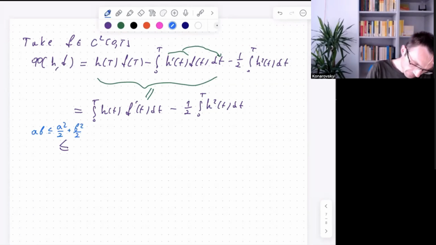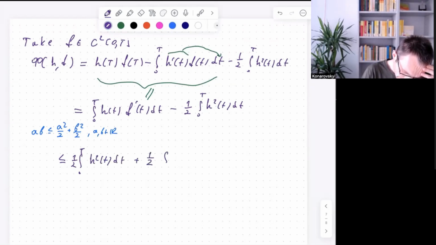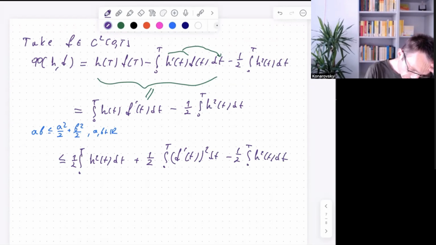It follows easily from the fact that (a minus b) squared is non-negative, and when you open the bracket you see exactly that inequality, for a, b from R. Therefore, applying this inequality to the first integral, you will see that it is less or equal than the integral from 0 to T of 1 over 2 h squared of t dt plus 1 over 2 the integral from 0 to T of f prime of t squared dt, minus 1 over 2 the integral from 0 to T of h squared of t dt. And you see that